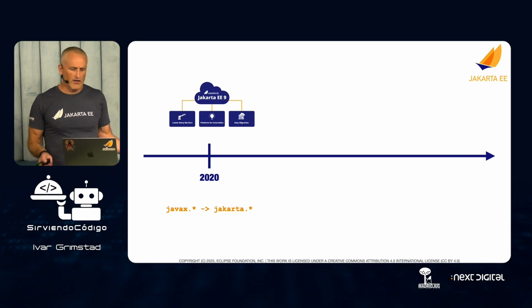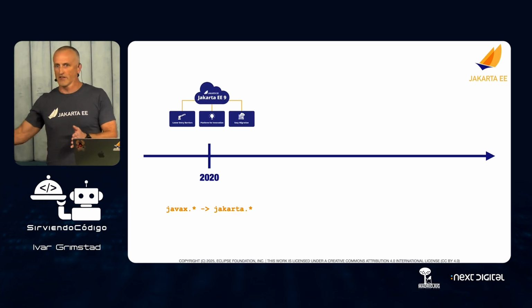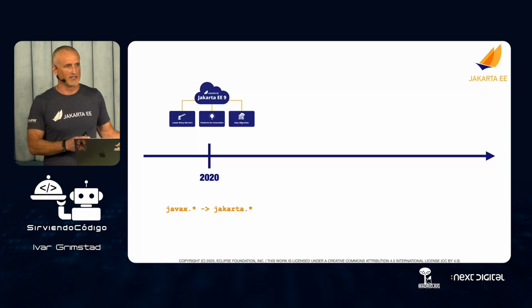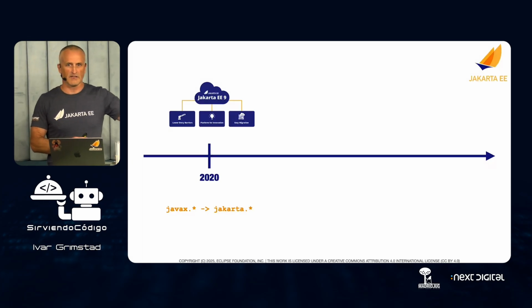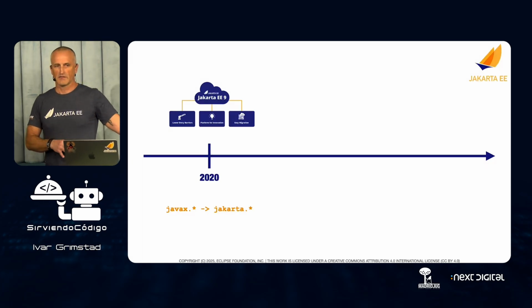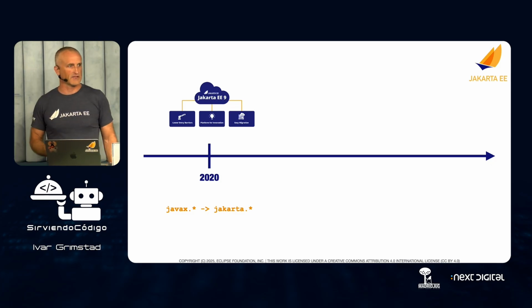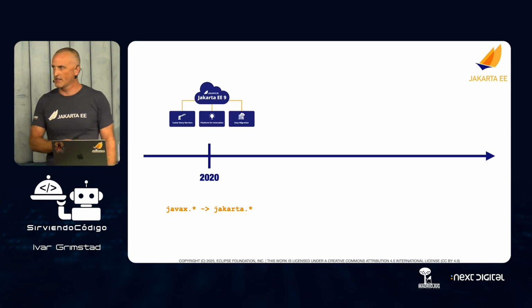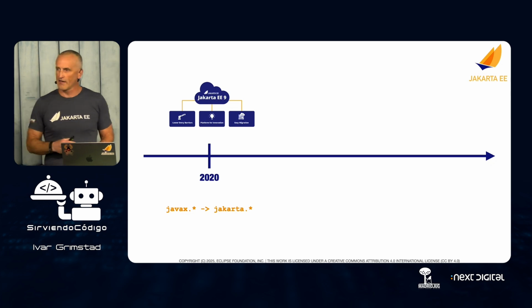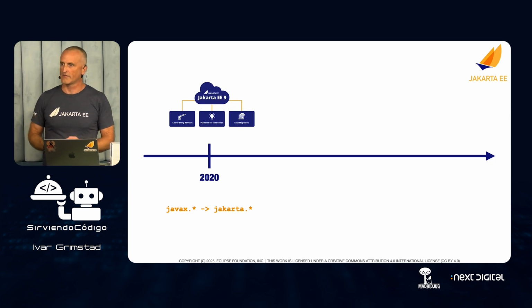So it's a hurdle, but it kind of cleaned up the community. All the libraries that weren't maintained any longer, you can see they are still in the javax namespace. So now you know that it's at least updated since 2020 if it's in the Jakarta namespace. So it is actually a little bit of an elevation of the quality of the community as well.